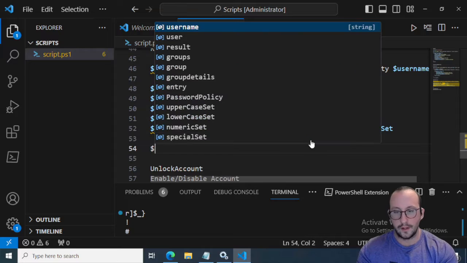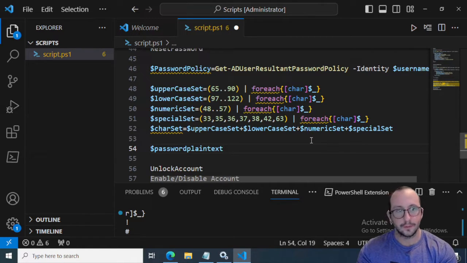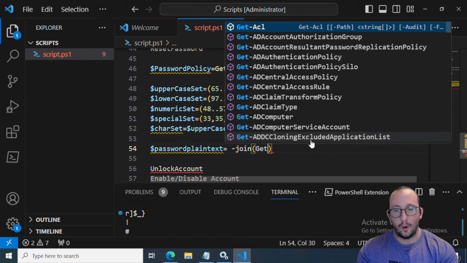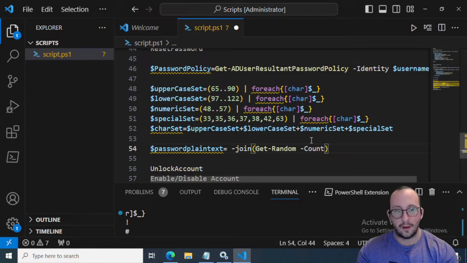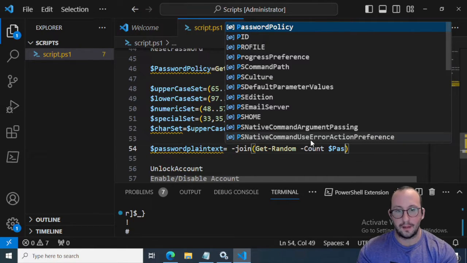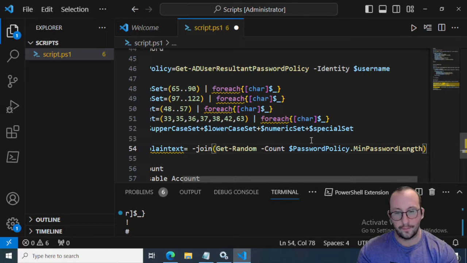And then what we're going to want to do is create a variable called password plain text first. And that's going to be equal to a -join, open parentheses, Get-Random. And the count that we're going to be getting the random on is going to be the password policy dot minimum password length. So what this does